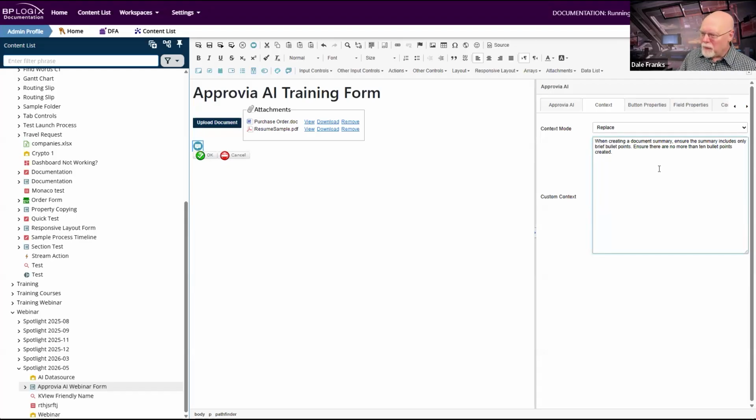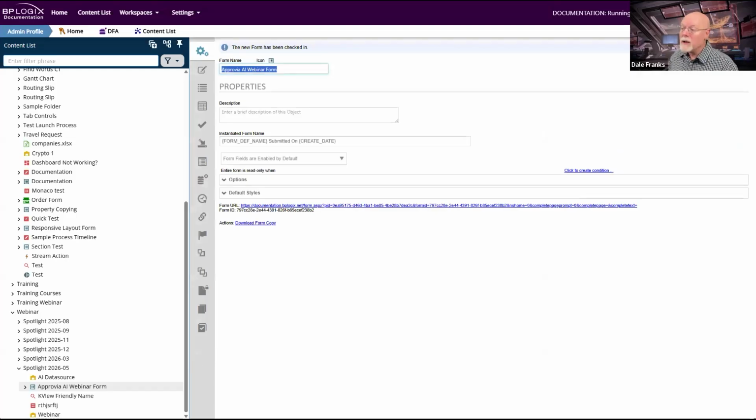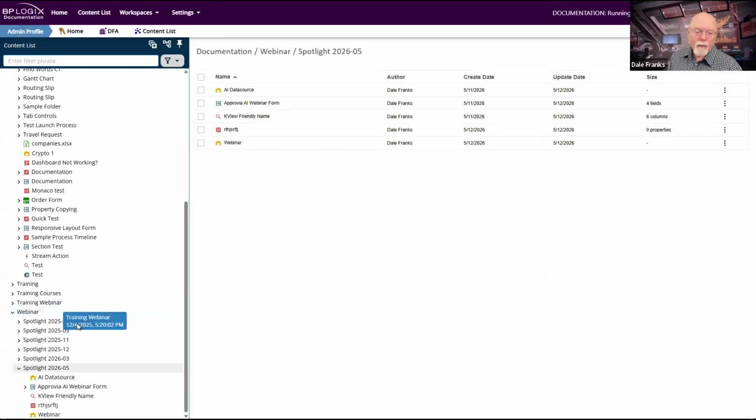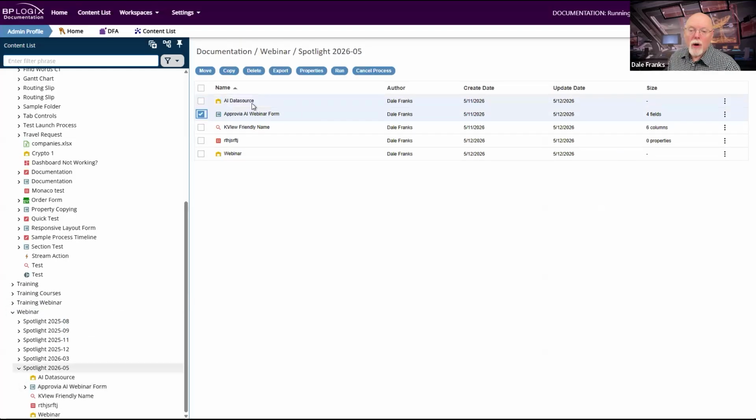This is a different prompt than the one that I gave it whenever I prepped, but I'm pretty confident this will work. I'm going to replace the summarization function. I'm going to replace that default prompt with my prompt right here. And I'm going to save and close my form. And then we're going to rerun it. And then we're going to pull up the credozepam document and we're going to see what it does with it. So we'll run it again.